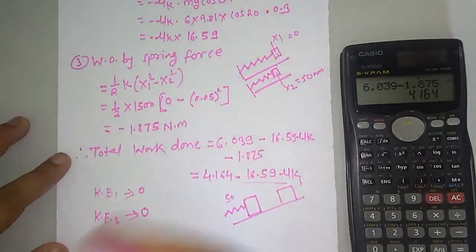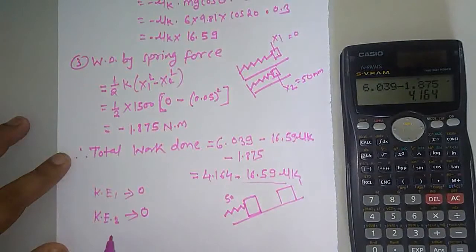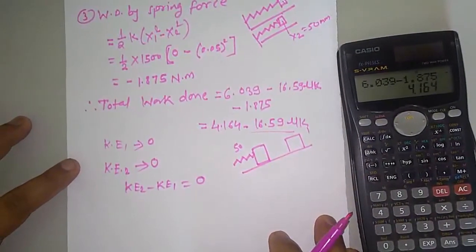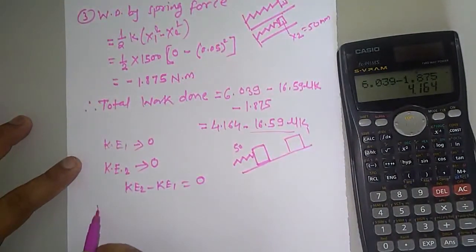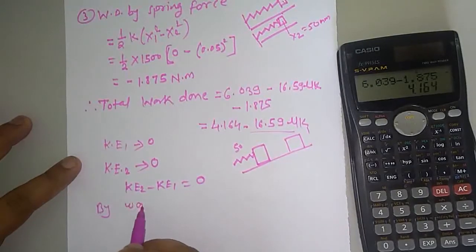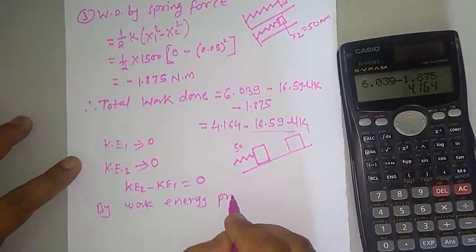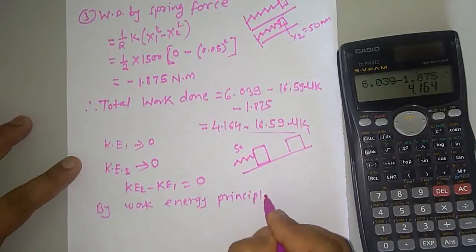So total change in kinetic energy is what? Ke2 minus Ke1, here it is 0. So change in kinetic energy is 0. So by work energy principle,